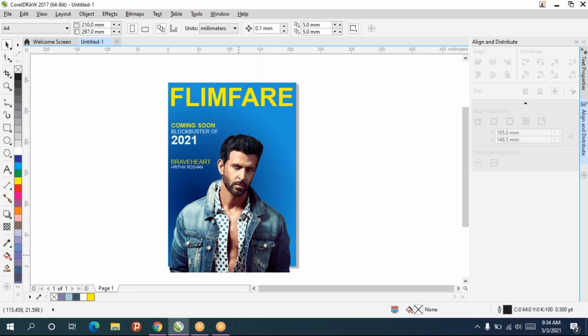Like this you have to type the text. Wherever you want, just add the text. So this is the procedure to create a magazine cover page.